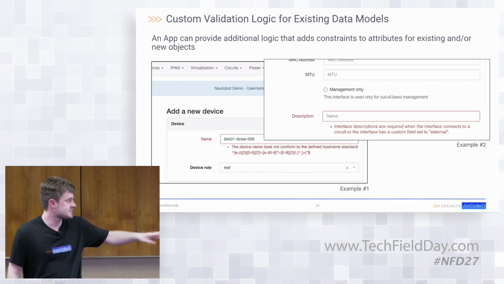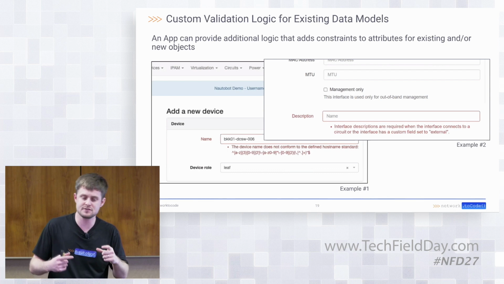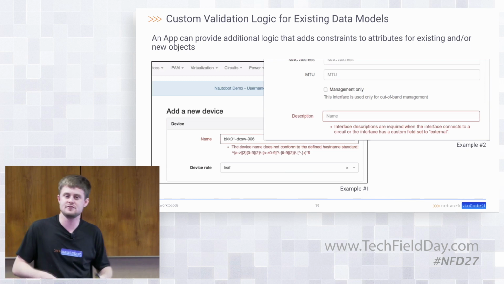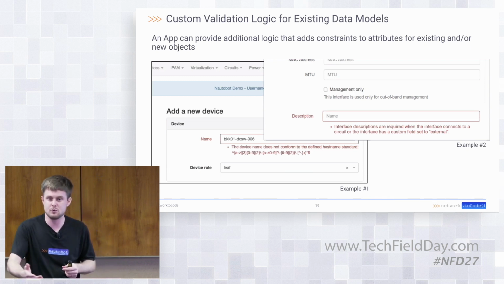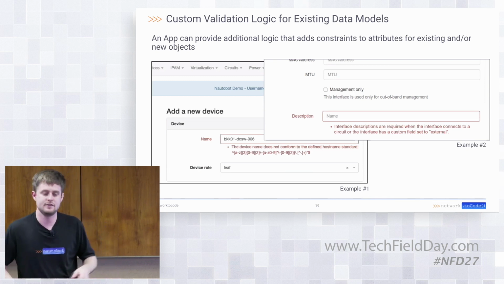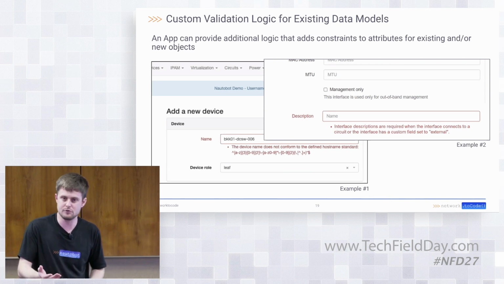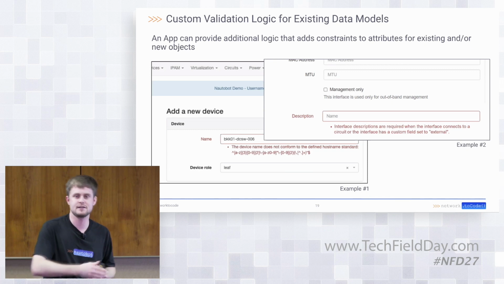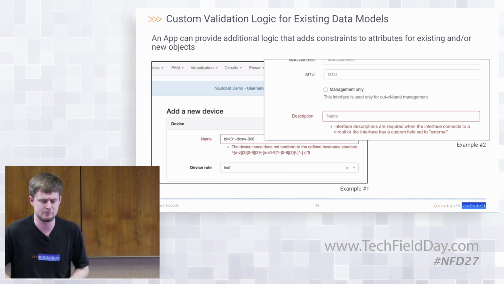Yes. So this is actually an example of one that comes from an app itself called the data validation plugin, which allows you as an organization to install that app, and your users can define just regular expressions. But the point is no code is needed for them to do that. They have a nice interface where they can go and define those. What you're describing obviously is more intensive than that. And that is what the validation hook into the app framework allows you to do: you actually write a little bit of Python code and you have access to that entire device object. So you can say, okay, what's the device type? What's the vendor of that? And say, okay, maybe the vendor name is associated some way in my naming standard. Well, you'd have access to that within the code that you'd be able to write.